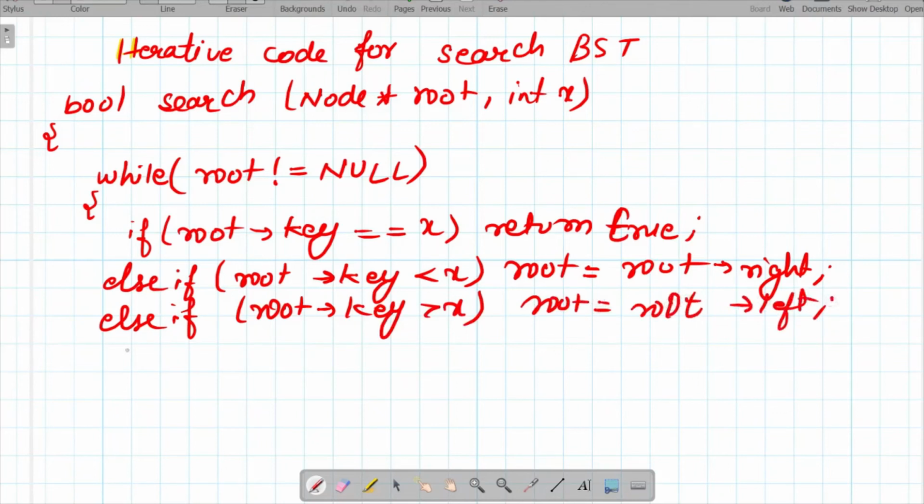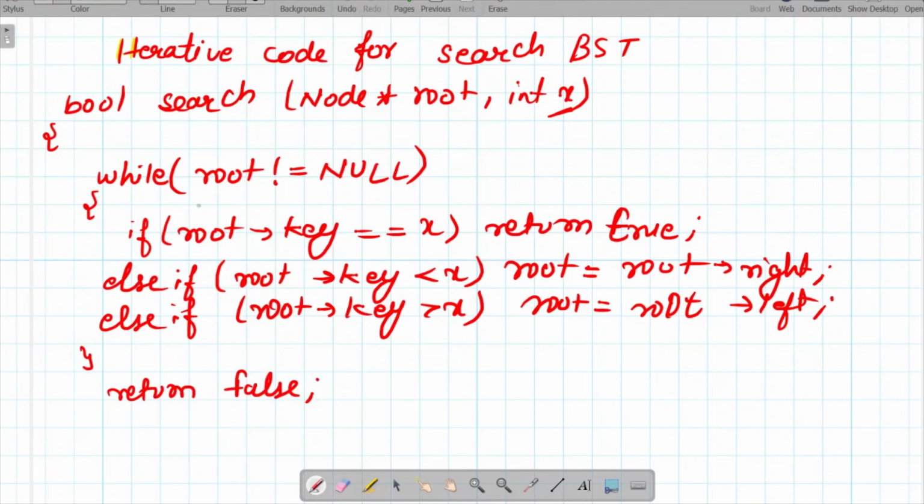Once this is done, this will find our search value in the given binary search tree until we get a null value. If we get a null value, it simply means that we do not have the search value in our binary search tree, so we will simply return false. If our root value is not null, only then are we going to perform these three operations.